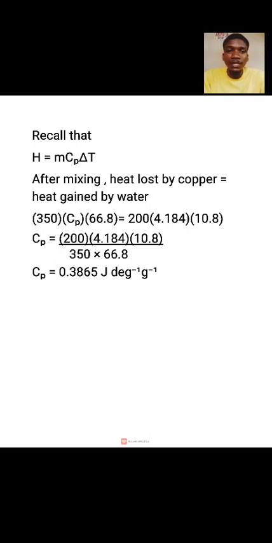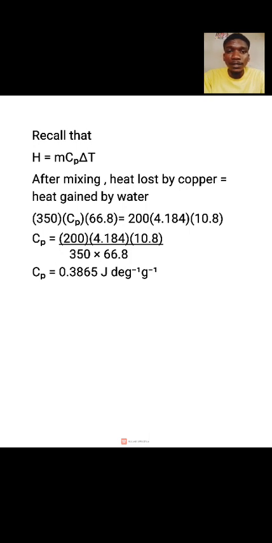So heat lost by copper must be equal to heat gained by water. Therefore, using the equation above, H equals m C subscript P delta T, we can say that heat lost by copper is equal to